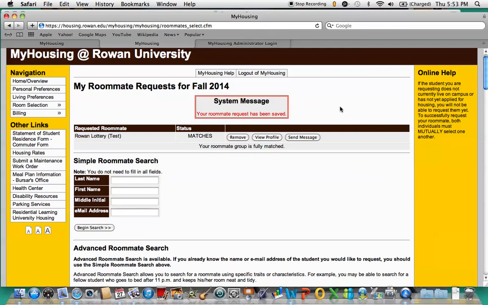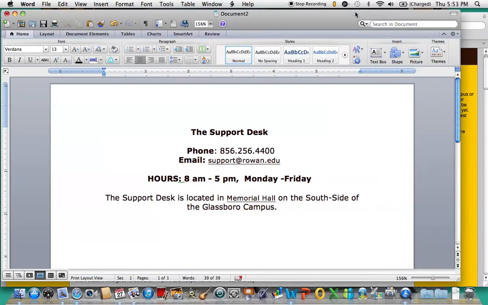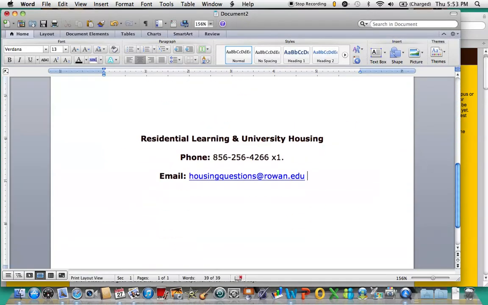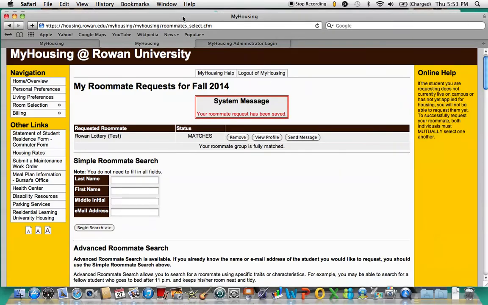Depending on the type of, say, apartment or residence hall room you're looking to go into, that determines how many people you will need to mutually request with. And then again, if at any time you have issues with roommate selection and/or are confused by the process further, you can contact the Residential Learning and University Housing Office. Our contact information is listed here. As well, you can log on to our